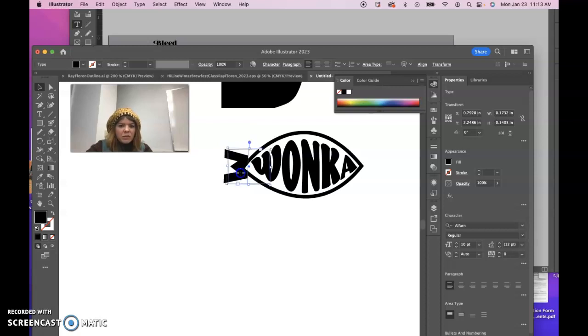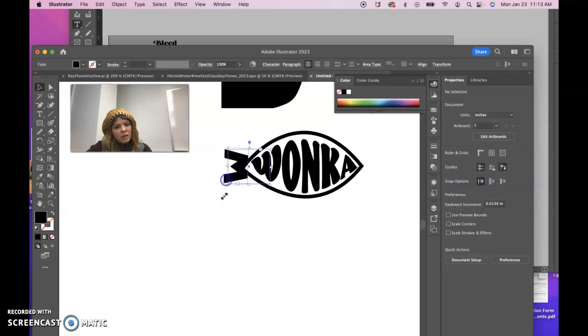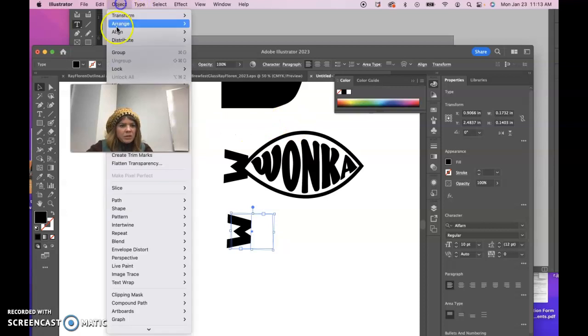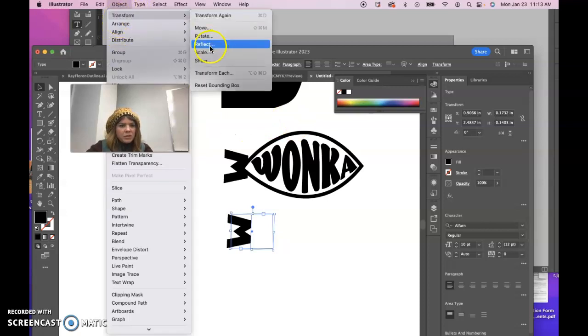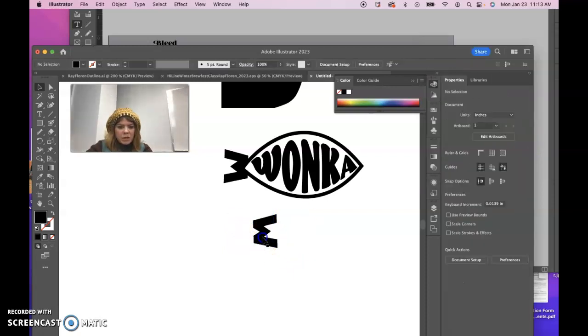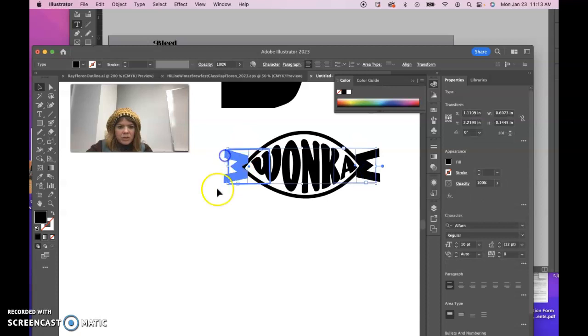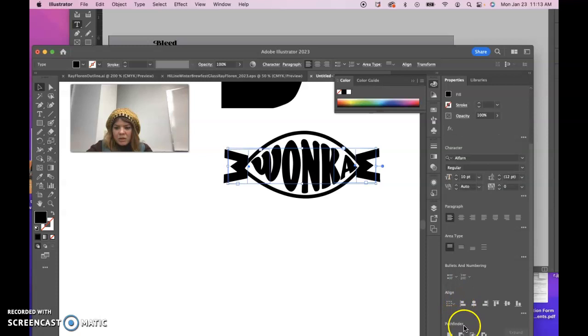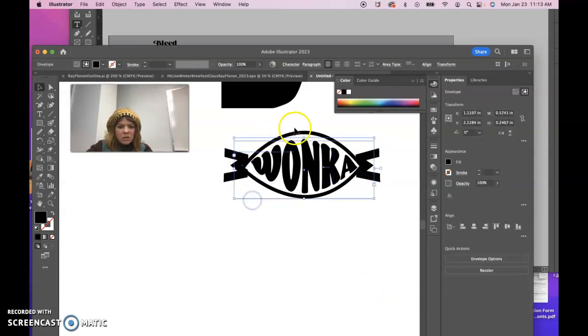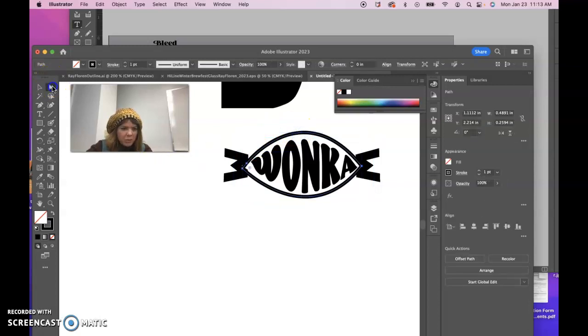Now this might actually work, okay. Let's see. And then object, reflect this way now. Push OK. And let's see. We probably want to make sure that these are lined up, so we push Shift and use the alignment top. And actually, it's not really working over here on this shape, but we might have to edit